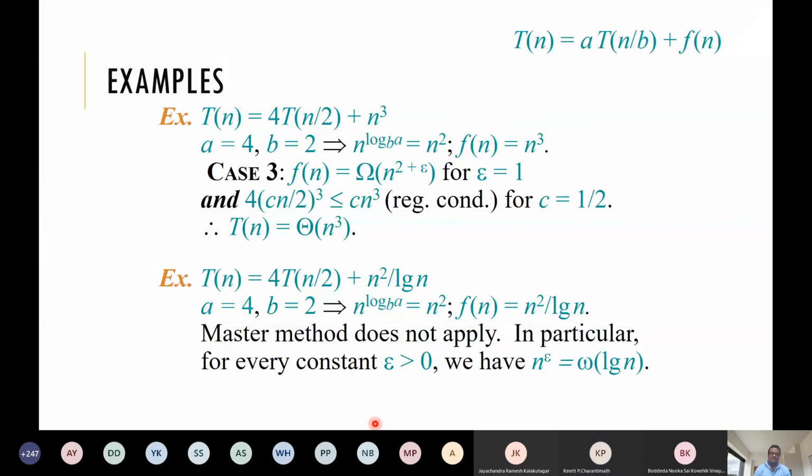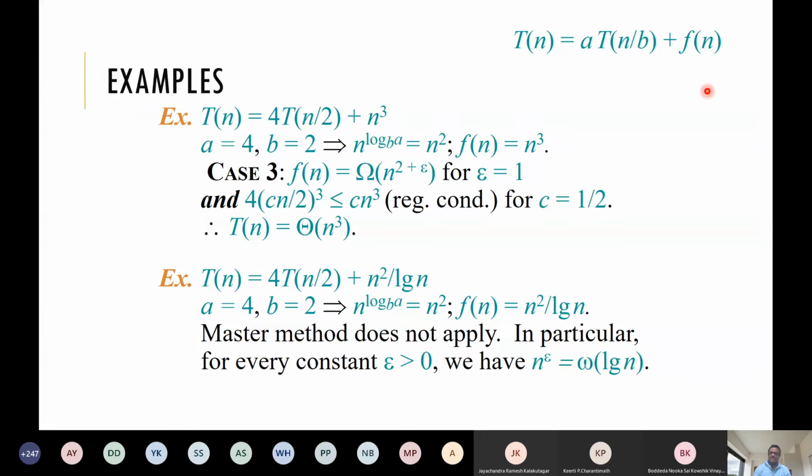This is not falling under any case of the master method. It is slightly between case 2 and case 3. So that's why the master method fails over here. It is not that the master method can solve all recurrences of this form, and that you have to remember. The master method has 3 cases. If our recurrence falls under any of these cases, then we can have a solution.